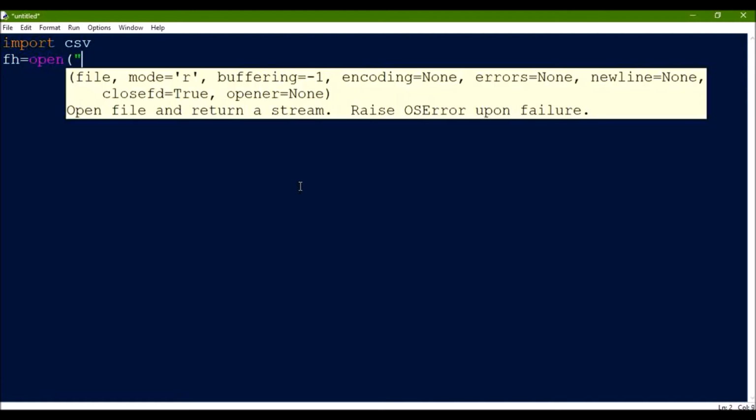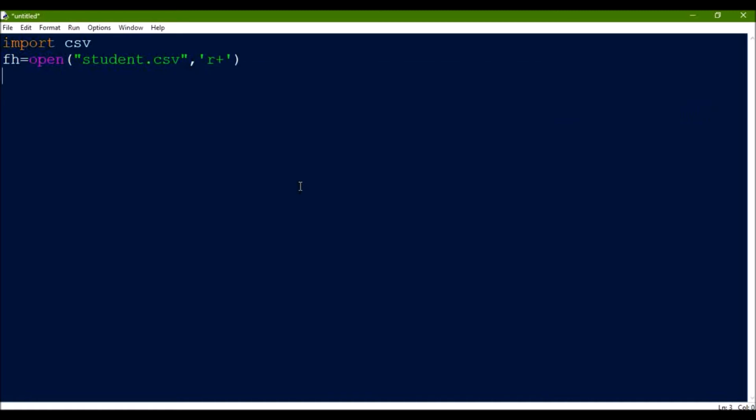Suppose the student file that we created earlier. student.csv is my file, and I'm opening it in r+ mode. After that, there is a function known as truncate. With the file handle, we have to use this function, and it is written as truncate and then 0 over here.